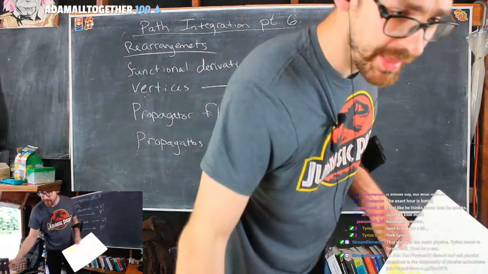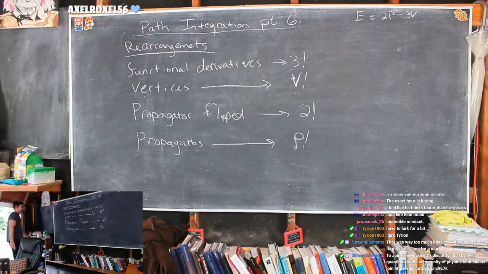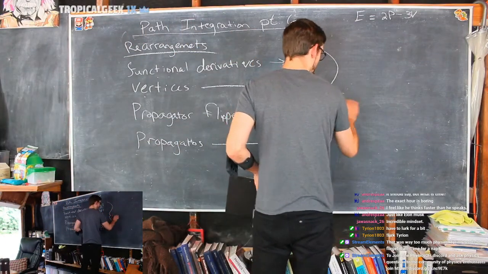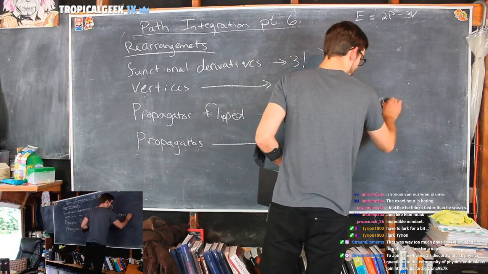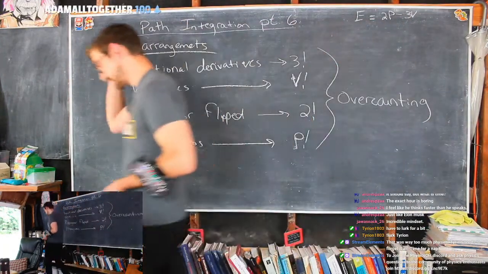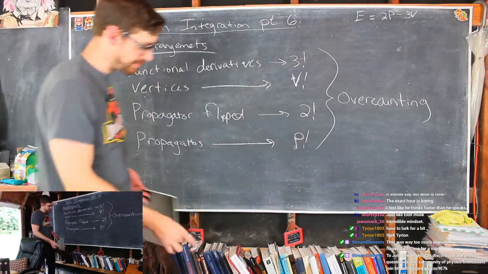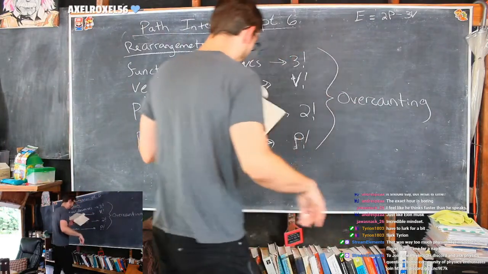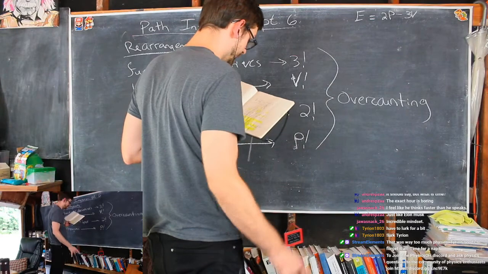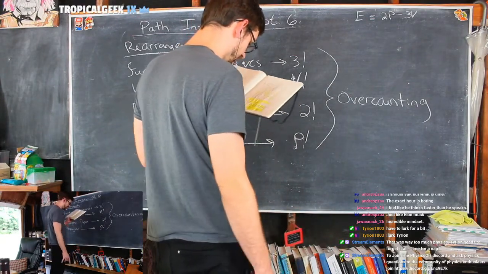But there's a problem. The problem with all of this, not always I should say, is going to be overcounting. How is it overcounting? Well, before we were undercounting because we weren't counting nearly enough diagrams, and then we started counting all of the ones that look symmetrically the same, and then we got way too many of them. So how do we know when we're overcounting versus when we're undercounting? Well, that is something we just have to pay close attention to, and that's what we would call the